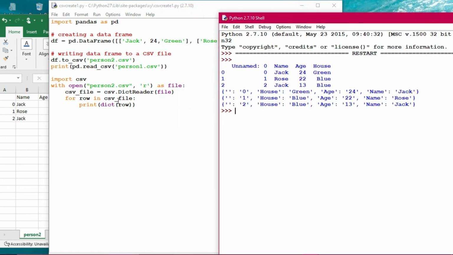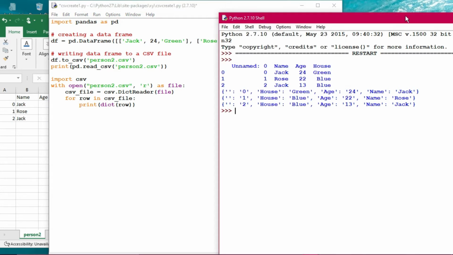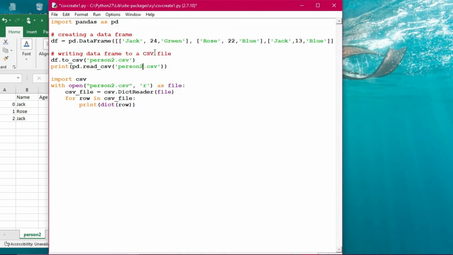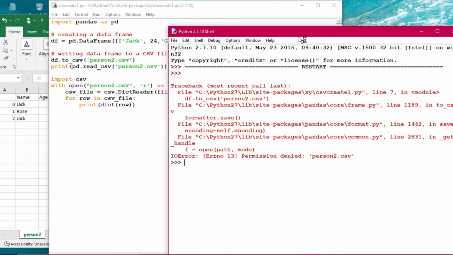So here the read CSV person.csv has been printed from there. And here, import csv, this person2.csv has been changed out here. Whatever data and person, actually I have forgotten to change the name here, person2 dot data, because I created the person one already, the same data is there, that's why it has not shown any difference. By the way, I am just changing it and executing it once more. It will give you the identical result. Okay, fine. So now you see the person 2, you have seen that it has been created out here.